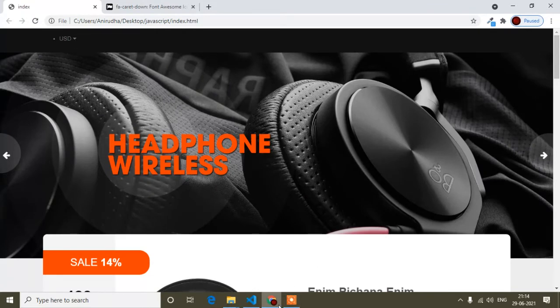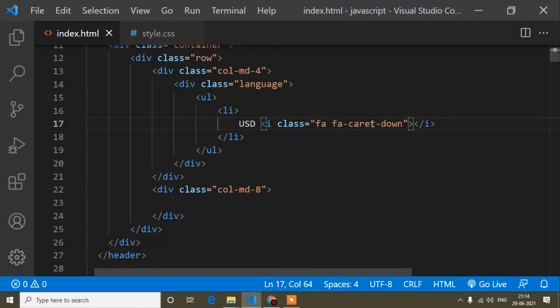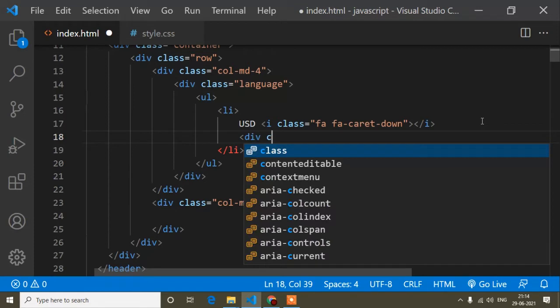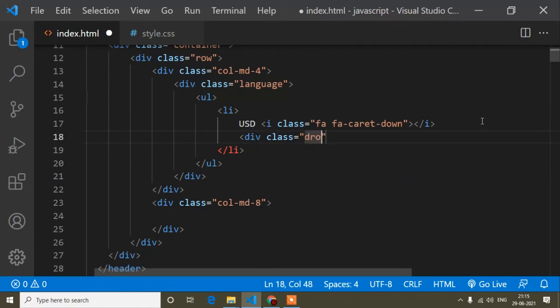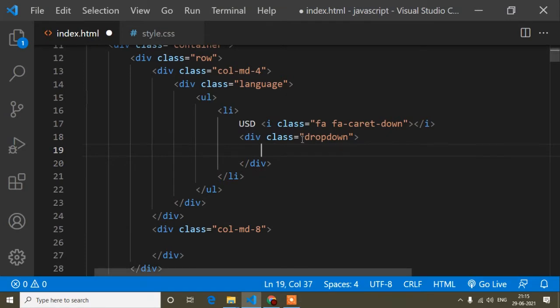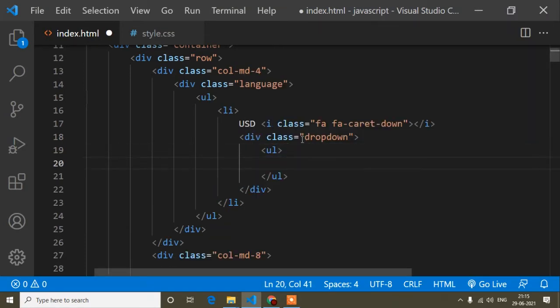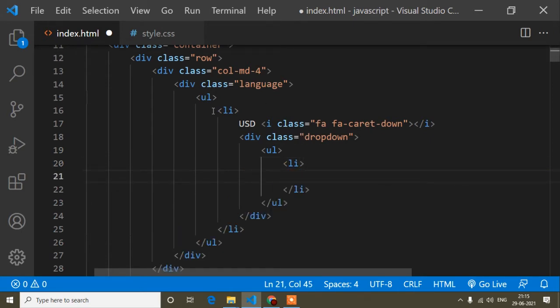Okay, and now just here I will create the drop down menu. So inside this li tag, here I will write another class, that is the class dropdown. Inside this dropdown class, I will write another UL and li. First of all you have to remember and carefully check here, that is very important when I write the CSS: you can see here is the UL li, and inside this li here is the sub UL and li tag.